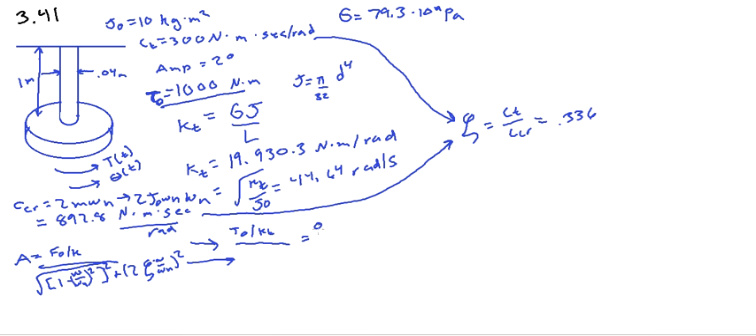Okay. You actually already know what that's going to be because it's given you the amplitude already: 2 degrees equals T0 divided by KT, 19.93